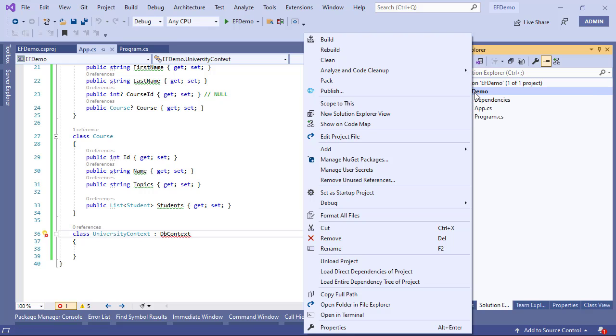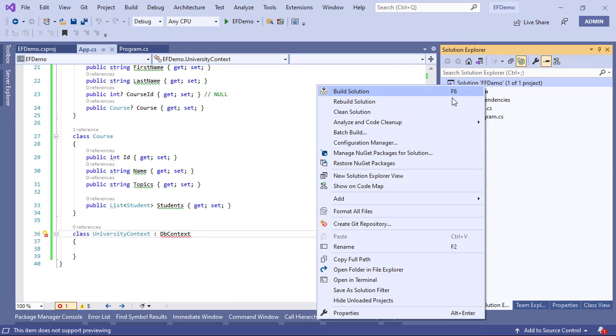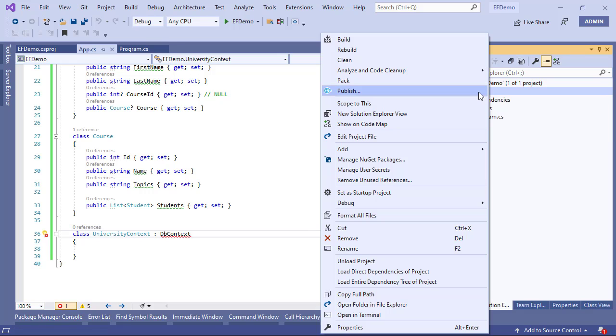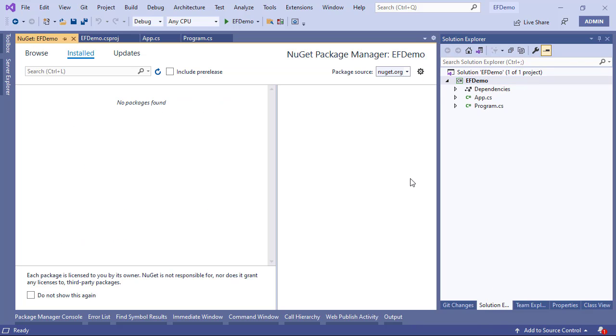You can also right click on the project folder itself and look for manage NuGet packages, or you can right click on the solution itself and say manage NuGet packages for solution. So if you want to install a package across all the projects, you're going to choose this. If you want to install it at the project level, you're going to have to choose from one of these two. So I've right clicked on the project, I clicked on manage NuGet packages, and instead of install, I'm going